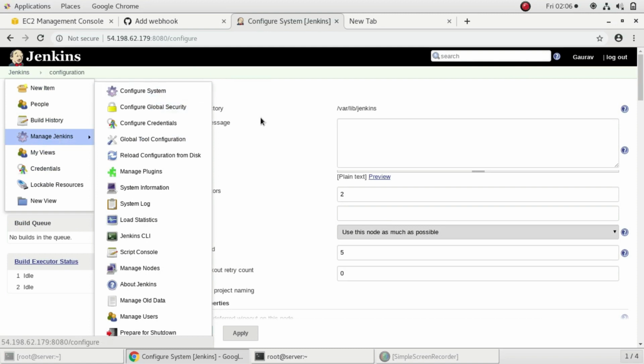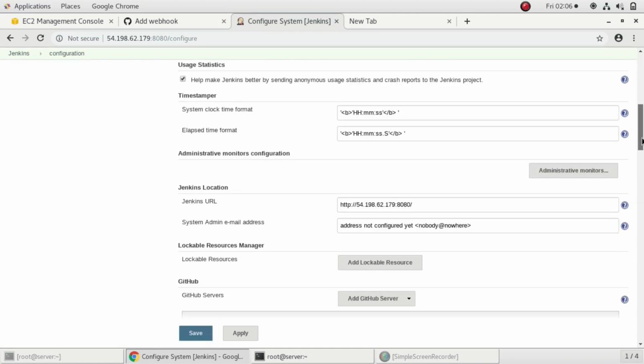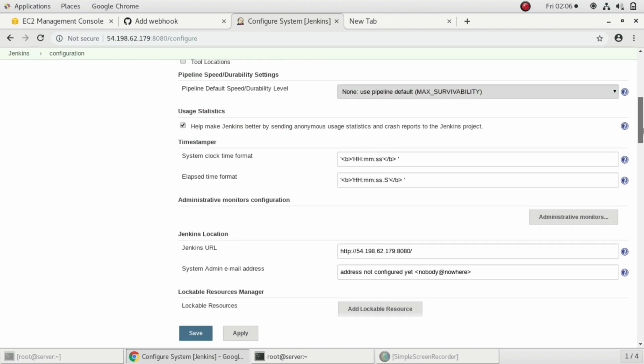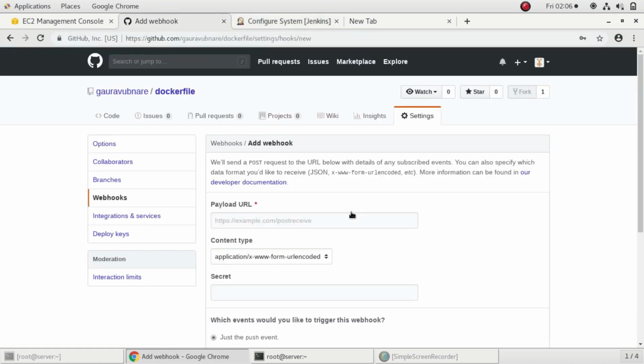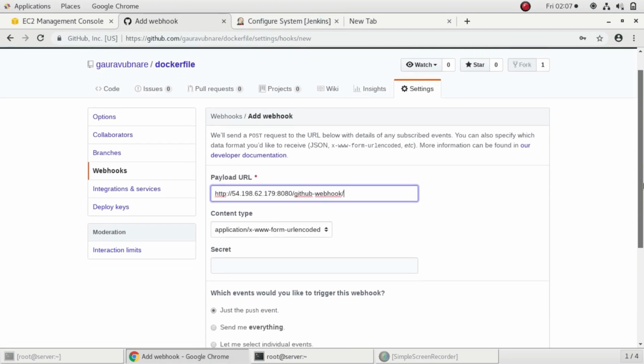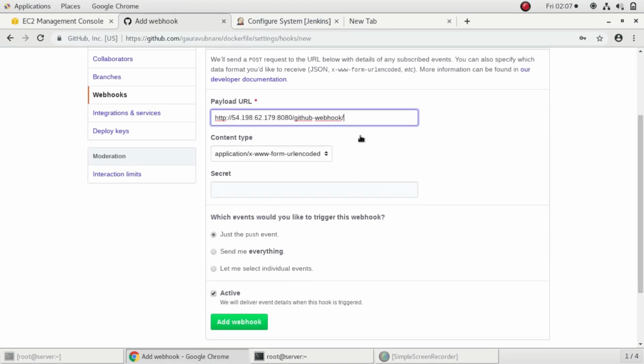Here you scroll down, and you will find GitHub server, and you'll find this URL. I'll go over here and paste the URL. After that, leave the things default. After that you choose which events you would like to trigger through this webhook. I'll choose the default one, which is just the push events.